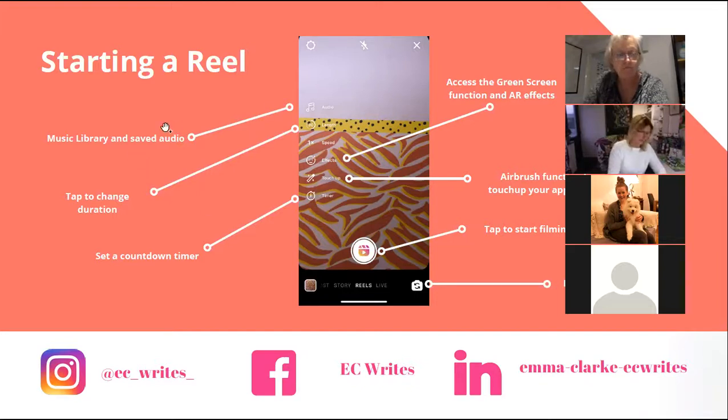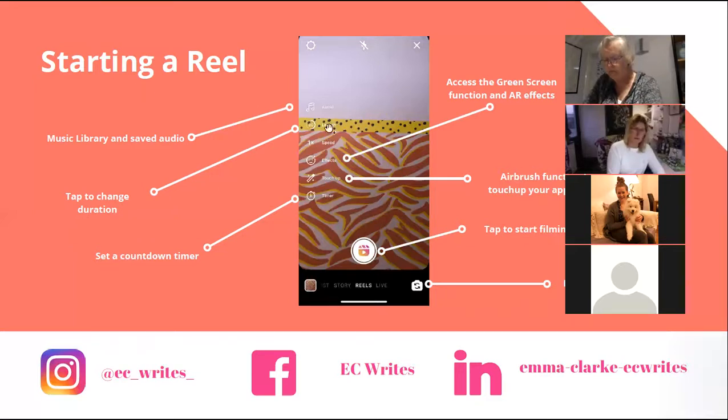You're going to have loads of little options, and they will have the audio. That's where you can access the music library and any audio that you save from reels that you like. Now, not everybody has the music function, so don't worry if you haven't got it. It may be the type of account or the version you have. I believe some people have said that if they have a business account, they don't have the music function. So that's something to have a look at and play around with. But you don't have to use music in order to make a successful reel. You can do voiceovers, and there are lots of other things you can do.